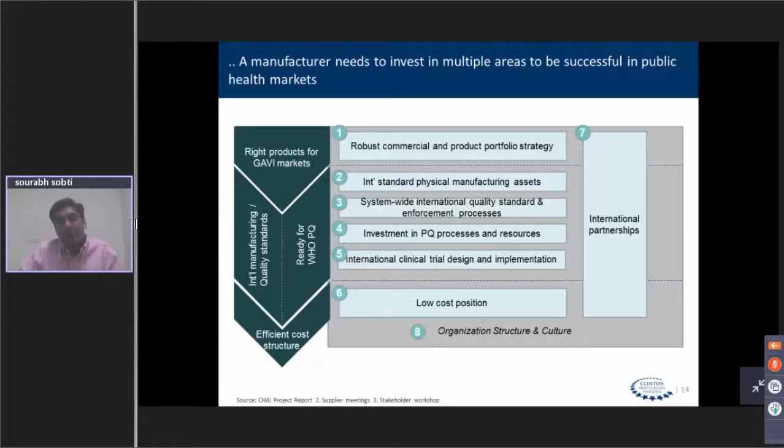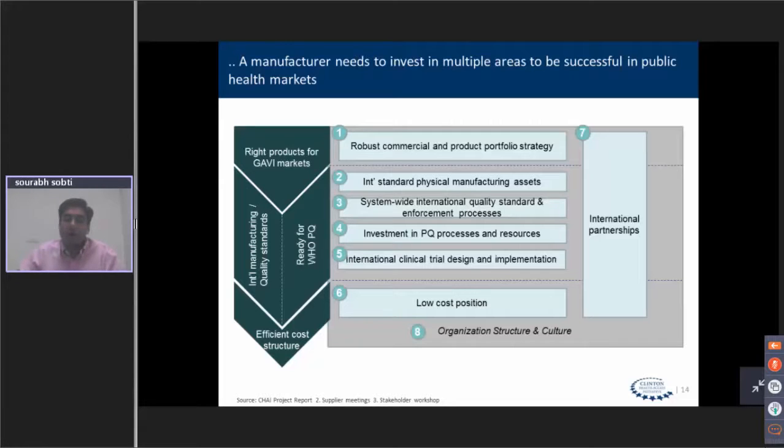Clinical trial design and implementation, where they have multi-center clinical trials, which account for various gene pools and various population sizes, and also account for different immunization schedules. For example, we recently witnessed that certain countries have gone for a 3+0 schedule for PCV, whereas some countries are leaning more towards a 2+1 schedule for PCV. So trying out these different immunization schedules and dosing regimes would also be helpful, across different trial centers to generate a large amount of data.